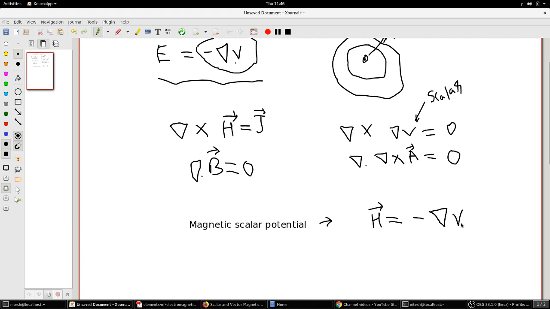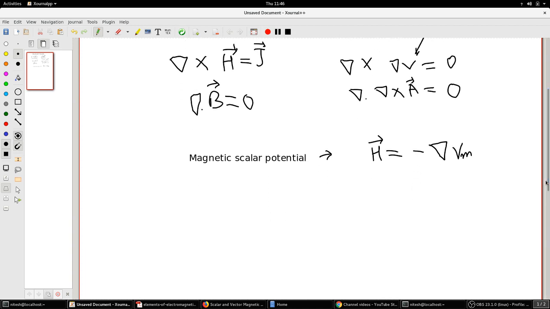This is magnetic field intensity, and this will be minus del Vm. So let's say that we have this Vm, which is the magnetic potential. Now if I substitute this here,